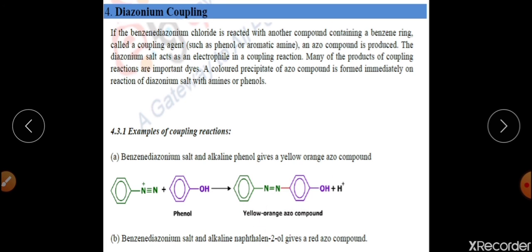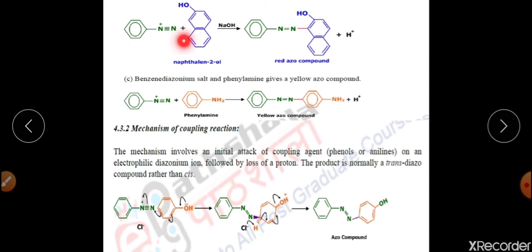So this reaction is widely used in the dye industries for synthesis and manufacturing of different kinds of dyes that can be employed in day-to-day life, or that can be used in synthetic organic chemistry, right? For example, this is your benzene diazonium salt, and when this benzene diazonium salt is allowed to react with 2-naphthol, that is beta naphthol, in slightly basic medium, it is converted into red azo dye. So again a dye has been synthesized.